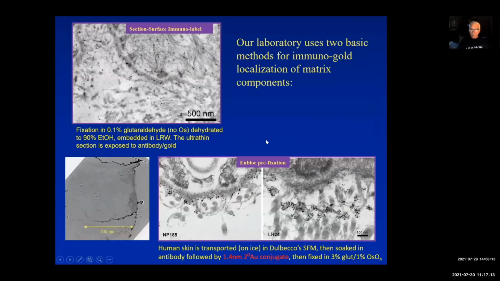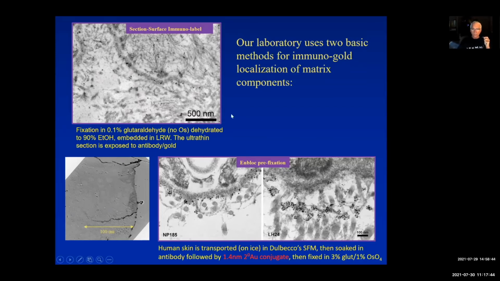The typical EM localization procedures that we embark on are either section surface labeling, in other words, lightly fixing the tissue in small percentages of glutaraldehyde, no osmium tetroxide, dehydrated to 90% ethanol, and then embedded into LR White. Then the epitopes are exposed on the section surface, and antibodies followed by secondary gold are applied to